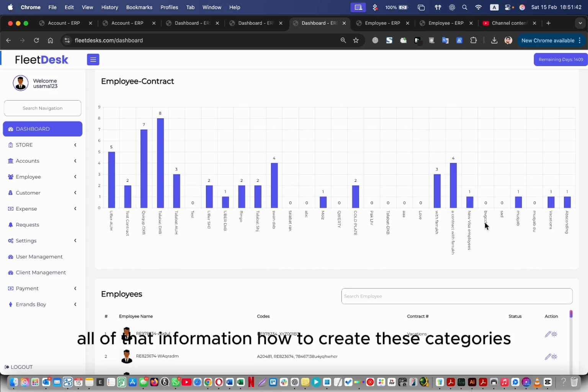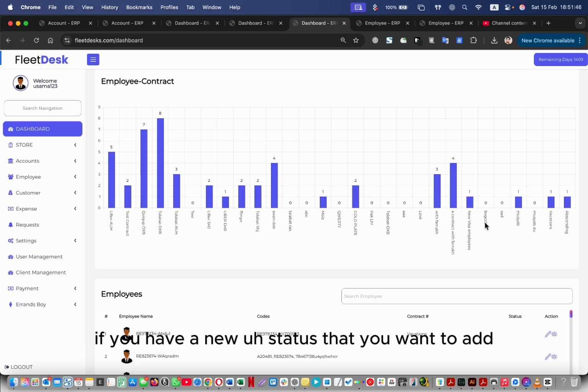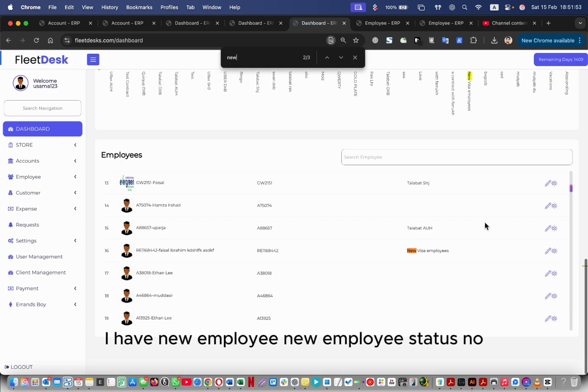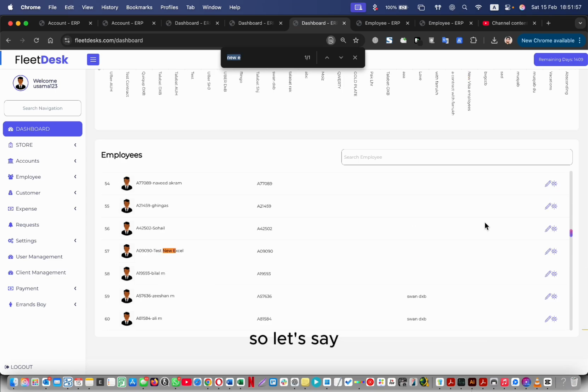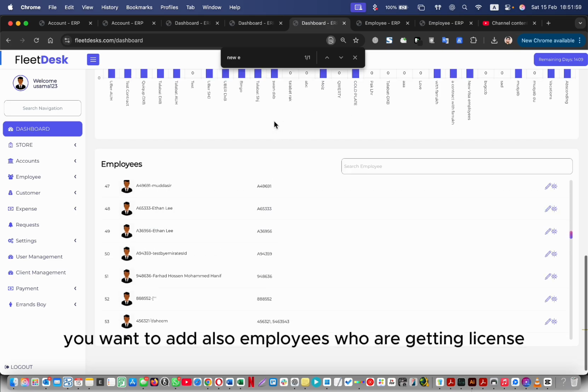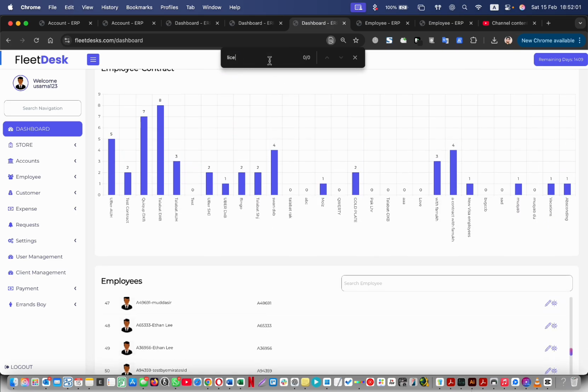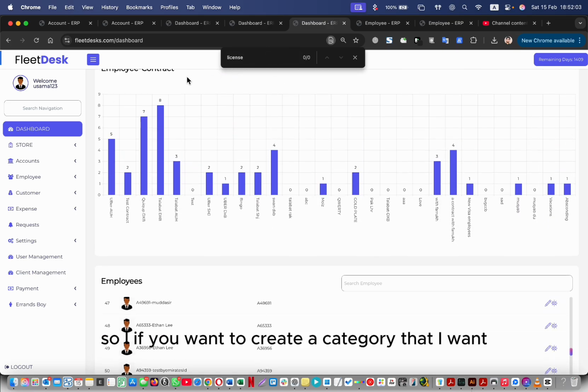how to create these categories. If you have a new client, how you can add that. If you have a new status that you want to add, how can you do that? As of now, for example, I have new employee, new employee status, no. So let's say you want to add also employees who are getting license. So if you want to create a category that you want to distribute your employees into under license stage, under visa stage, or